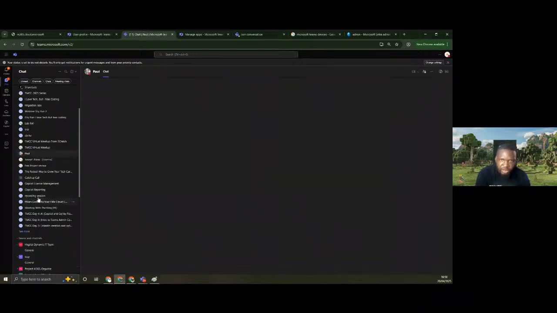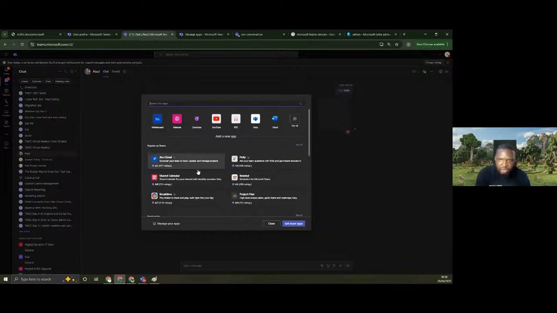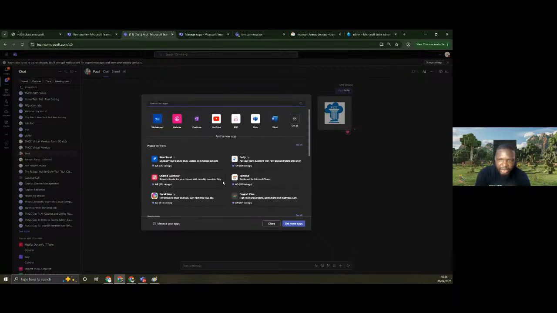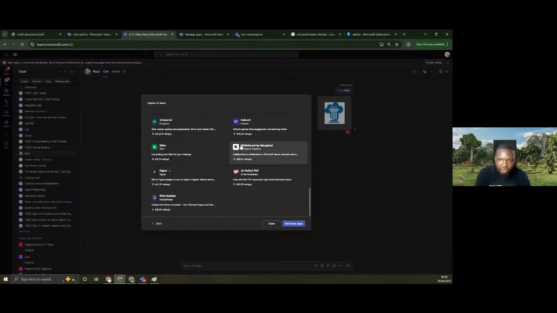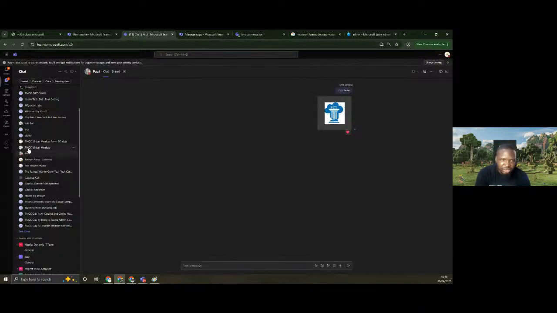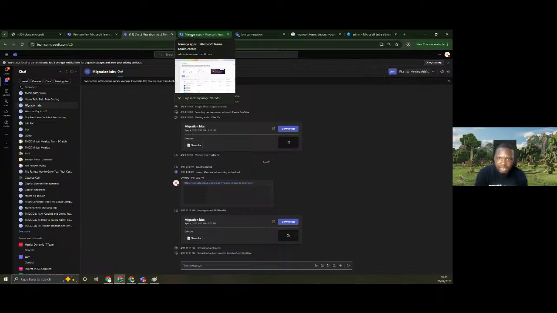Let's say I'm coming here between the chats that I'm having with Paul in Teams, I can decide to add applications to it, right? So there are a lot of applications, you can see them here. So that admin center is where I can manage which apps Paul is supposed to be able to see, or am I supposed to be able to make use of while having a chat with Paul, or while I'm in a Teams chat, or even when I have myself in a meeting chat like this. So that is what that can help you do.